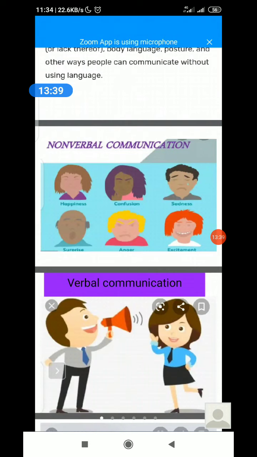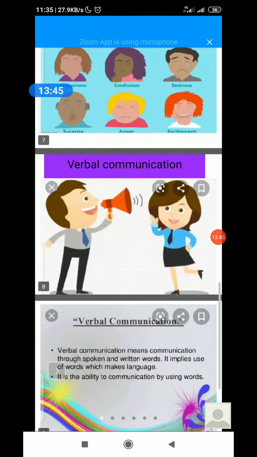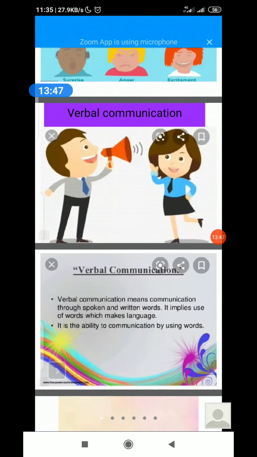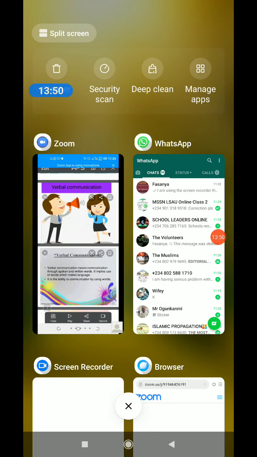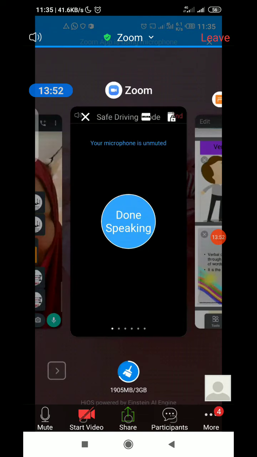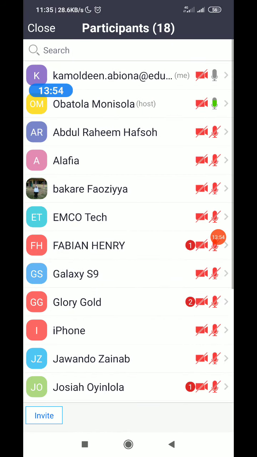You can see the image of some people passing message with non-verbal communication. We can have this. This is a verbal communication. Look at someone talking in a mic, and the lady is trying to listen to what the man